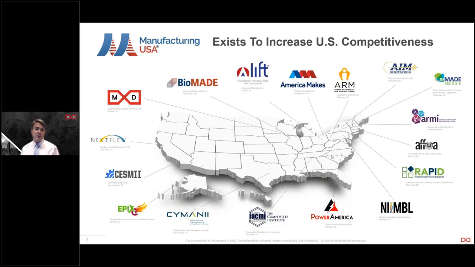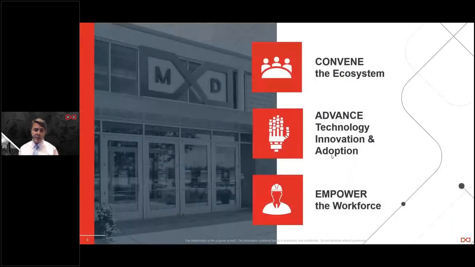There will be 2 additional institutes coming over the next year, one focused on digital twins for semiconductor manufacturing, as well as one in AI for manufacturing resilience. This ecosystem is here to help you, the manufacturers, understand how to leverage these technologies, and on the next slide I want to focus on what MXD does specifically to help manufacturers drive adoption of digital manufacturing.